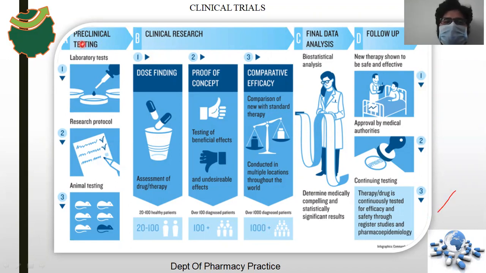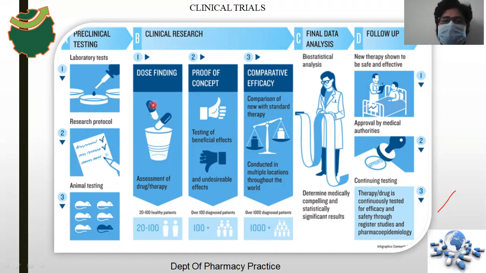Preclinical testing, like we already saw, we'll develop a molecule, we'll write a protocol for that molecule, and that will be used in animals like rodents and non-rodents, as we have seen in the pharmacological and toxicological approaches. We'll be using rats, mice, bigger animals like monkeys and dogs, or small animals like guinea pigs. We'll be doing the research in these animals and getting data on which is the safe dose, which is the toxic dose, and whether this drug really has efficacy or not.